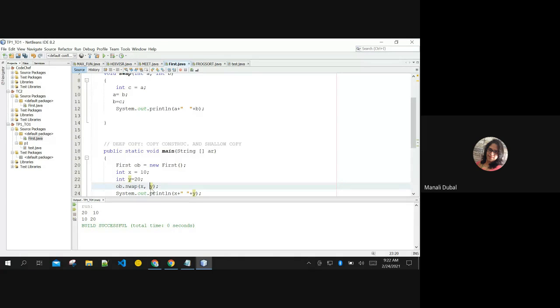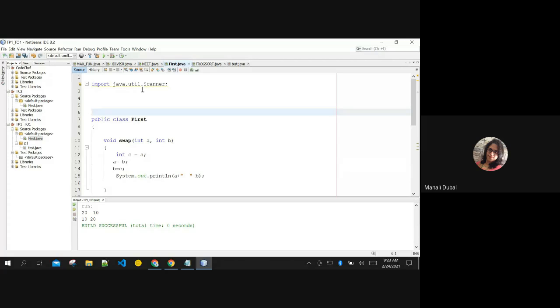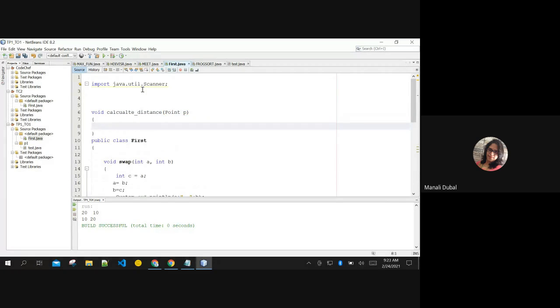It means you are not modifying the values of the original variables which are in the process. They are not getting modified. But in deep copy, you can definitely modify the original variables, the original object also of the class. Yesterday also, where we have seen the point class, I have done something like this. We have used this calculate distance function. In this function also, when I was passing p over here, I am actually,